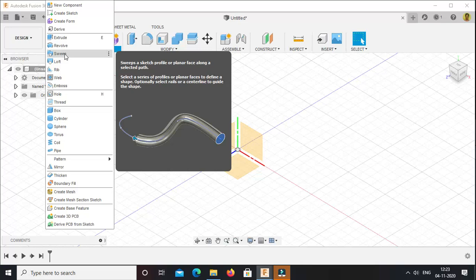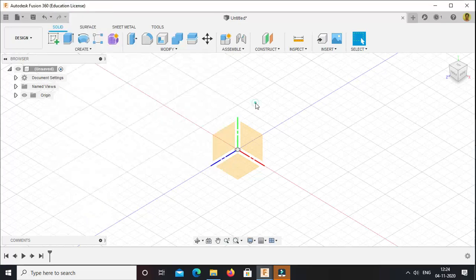If you observe over here, here is one cross section, that is a circular cross section, and one selected path, that means a line is given. So this sweep feature will create this continuous cross section along the given path. You need to give two inputs. First of all, you need to sketch one profile, whatever cross section you want, that means rectangle, triangle, circle, or any other shape, a closed profile, and you need to draw one line, that is the path along which you want to continue that cross section. So first of all, we will select the guide path.